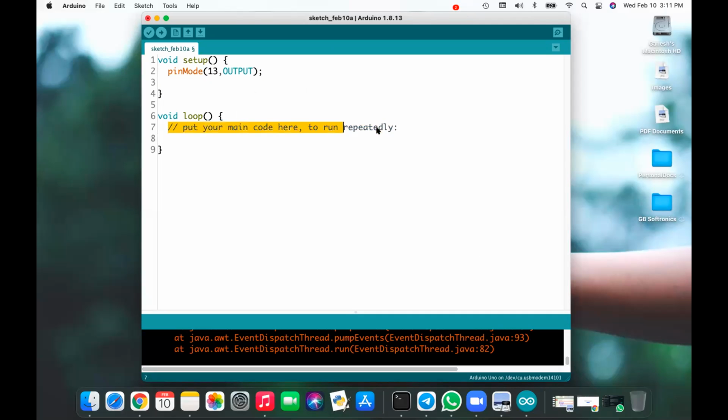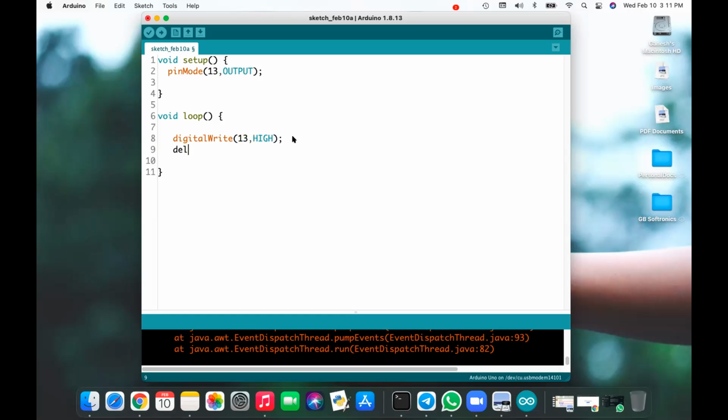Then next, we have to use that pin number 13. We have to make pin number 13 high first. High means 5 volts. So how to write it? digitalWrite is the function through which I can send the high. I have to send high to pin number 13, so the very first parameter is which pin I have to send to, and the second is what I have to send.